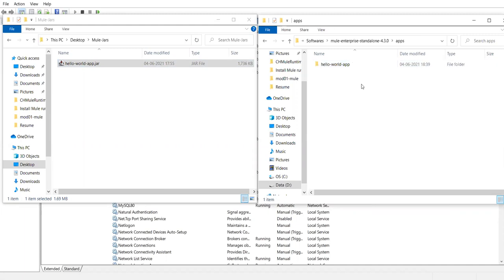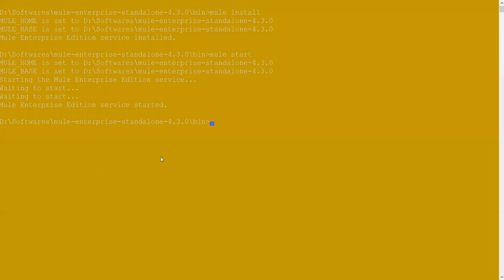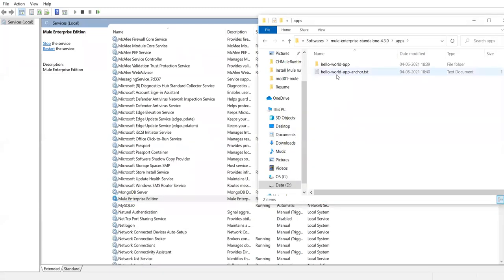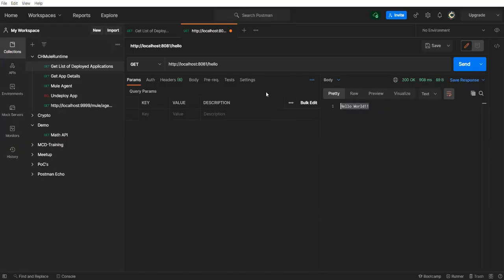Okay, so see, it's getting undeployed, extracted, and you'll get an anchor file. And right now, if I monitor my command line, nothing is coming here. So it's completely taken care of by that Windows service. Let me check the folder. Yeah, we got the anchor file. Now if I go and test my app.